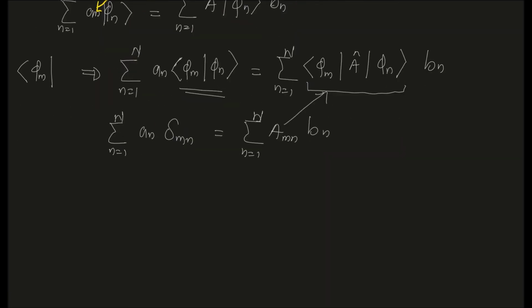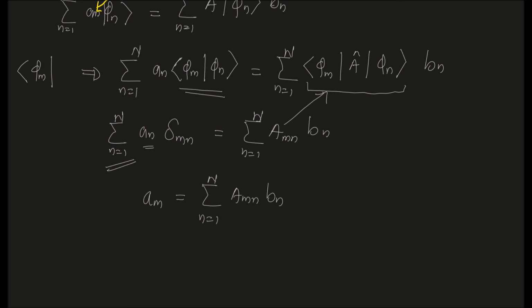Okay. So on left hand side what you have is because of this Kronecker delta function, the only surviving term out of these many summations is am, that is when n equal to m. So what you have on left side is am, and on right side is n equal to 1 to capital N